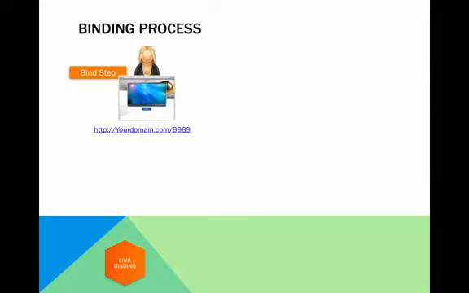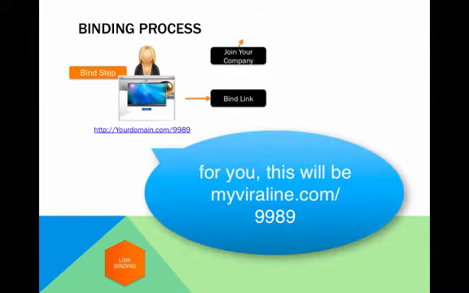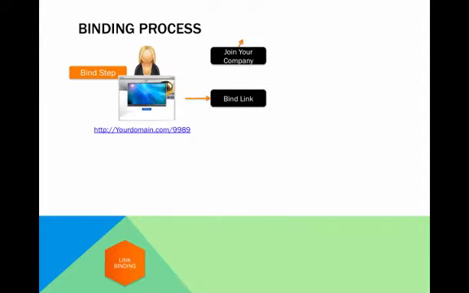So here's the steps. You go into the funnel, you're going to go through it for the first time. It assigns you a temporary ID that it posts up on your Facebook. In this case, it's yourdomain.com/9989. Now that link out on your Facebook now, of course, if someone clicks on it, they're watching the presentation. But at this point in time, if they sign up, you're not going to get the credit for that because you have not yet joined the company and bound your link. Now again, remember video 2 is going to explain that to you.